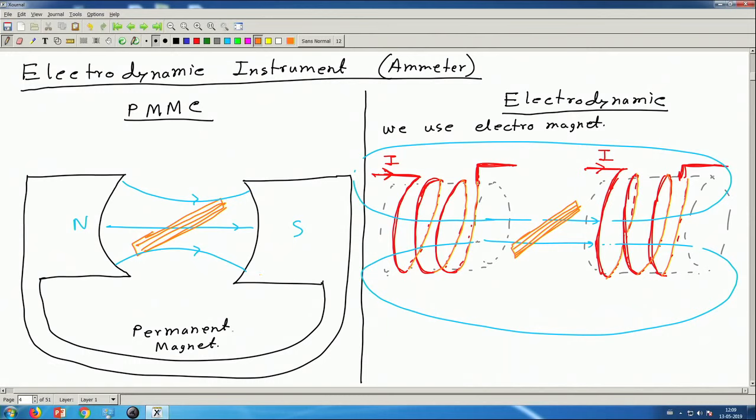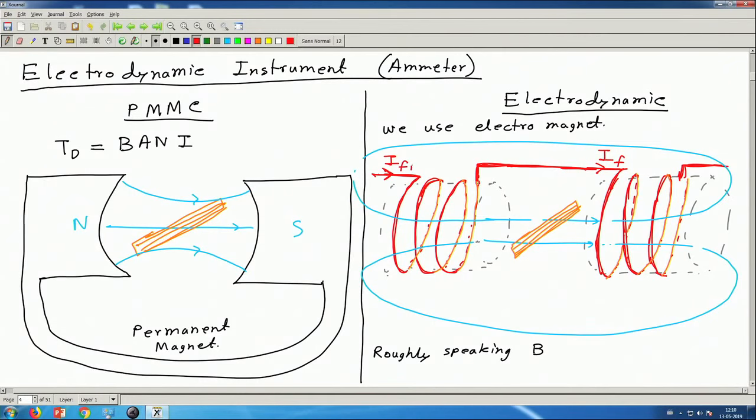Okay. And now, here we know that the deflecting torque T_d is equal to B A N times I, where I is the current through this coil. Okay. So, what will be the expression for torque here? So, roughly speaking, we can say that the flux density B here will be proportional to the current which flows through this pair of coils. So, I can actually join these two coils together in series, so that the same amount of current flows, and let me call this current I_F,